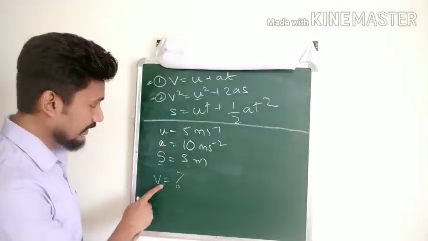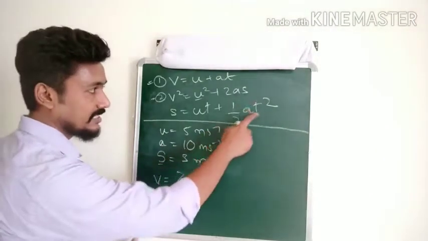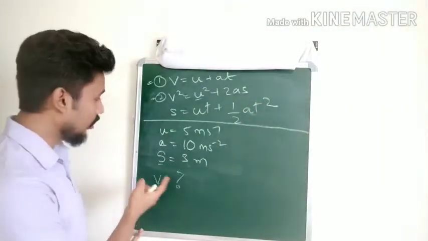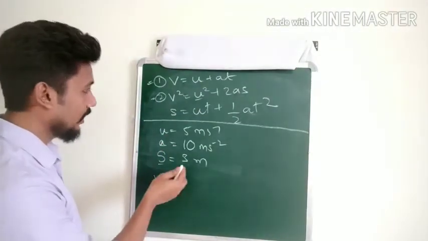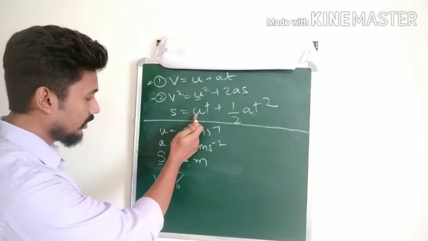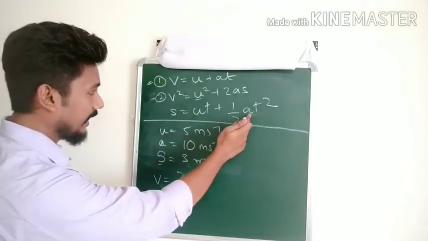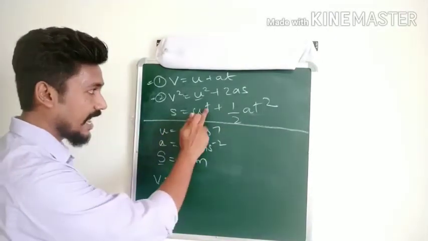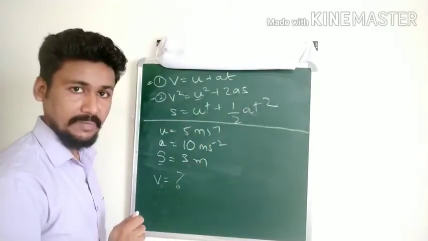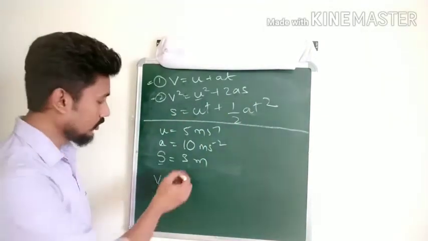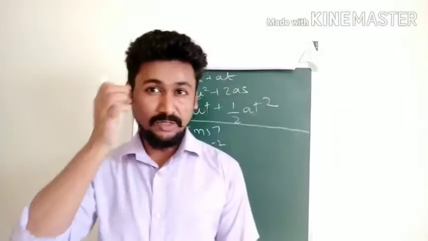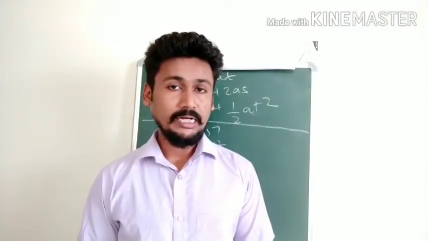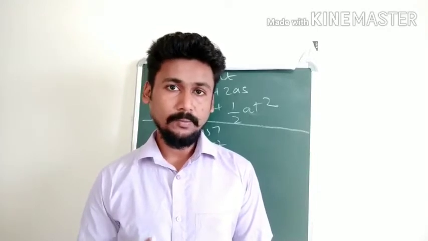Now using this, you can also find out how much is the time. How will you find out? Put the values in the third equation. If I put the value for U, if I put the value for A and I put the value for S, I will be able to figure out the time as well. Okay, so this is how you have to understand. So I hope I was able to clear your doubt. Even now if there is a doubt, please don't forget to ask.